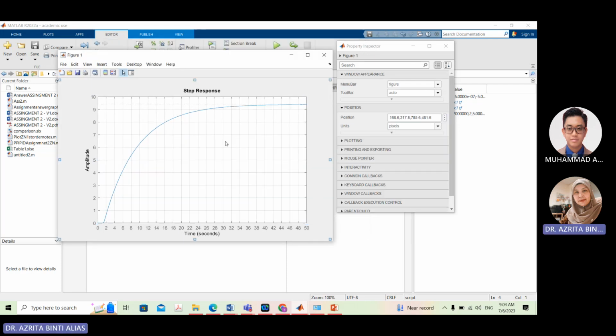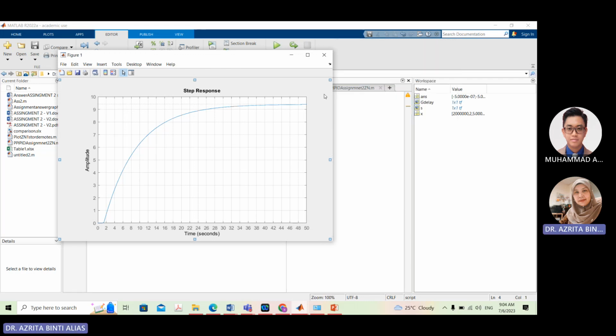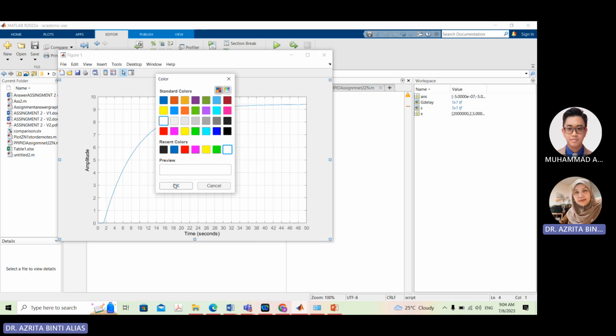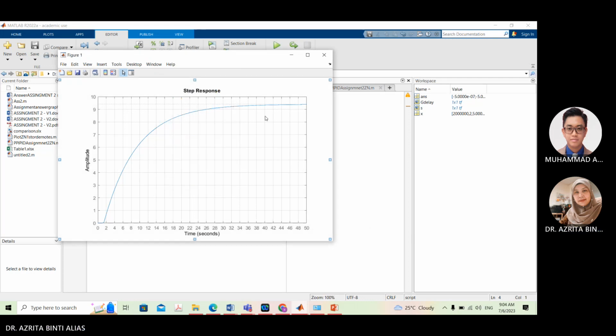So we have this graph a bit more detailed, you can see it if we plot. After that, for your report assignment, you can just print screen and put it in your Microsoft Word. You can also change the color of this. So you need to explore by yourself. This is gray, so if we want to make it white, you can change it too. So everything, you can